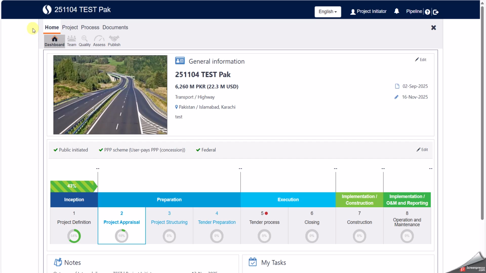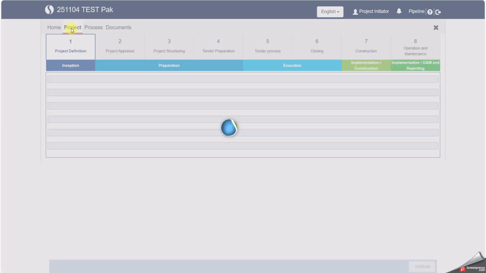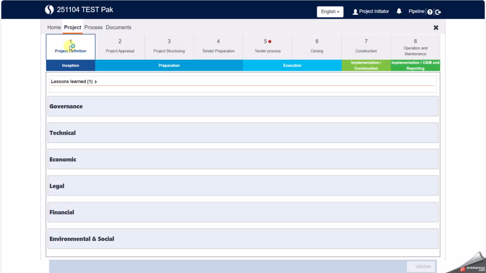So to access the source project template questions, you go onto the project page, and on this page you will see the different stages of a PPP project, or rather different stages of any infrastructure project, as per the APMG best practices. So, users who have given papers or acquired certifications in the APMG PPP certification, they would know that